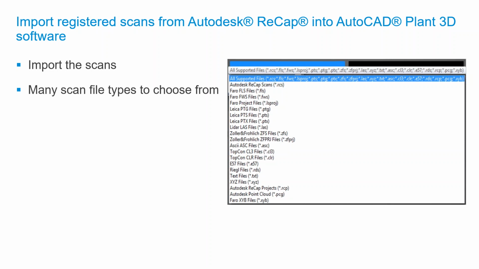The native file format of Autodesk ReCap is RCS. So the ReCap scans could be brought in the format of RCS in this case. And the majority of these equipments can also generate, like